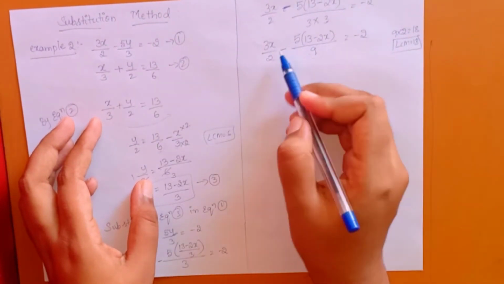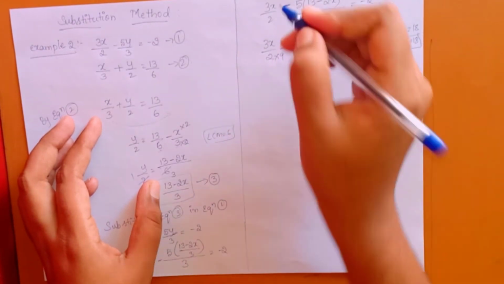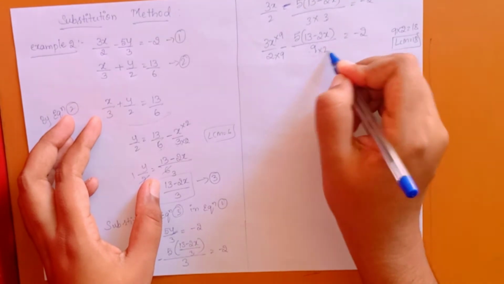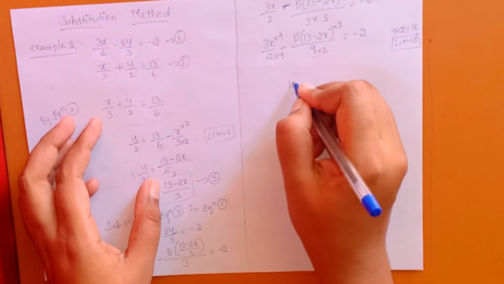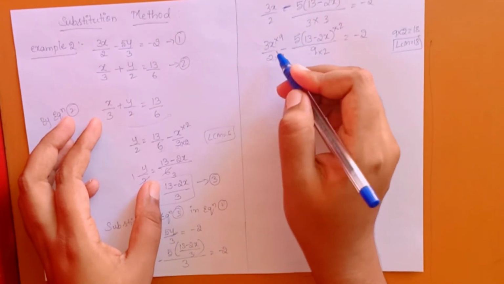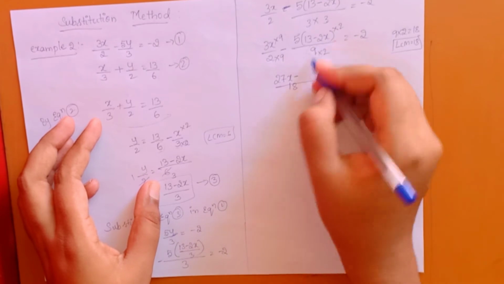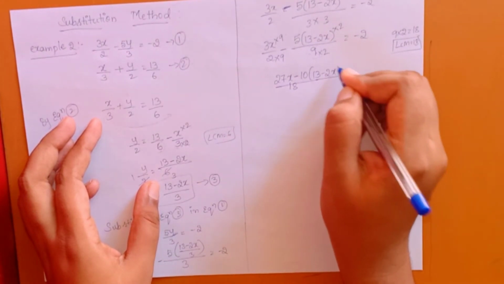So now we need to make the denominator 18, which means we need to multiply 2 by 9, 2 9s are 18. So the numerator also we need to multiply by 9. And 9 2s are 18, so the numerator also is multiplied by 2. So 18 divided by 9, 3 2s are 6, 9 3s are 27. We will get 27x minus 5 2s are 10 bracket 13 minus 2x